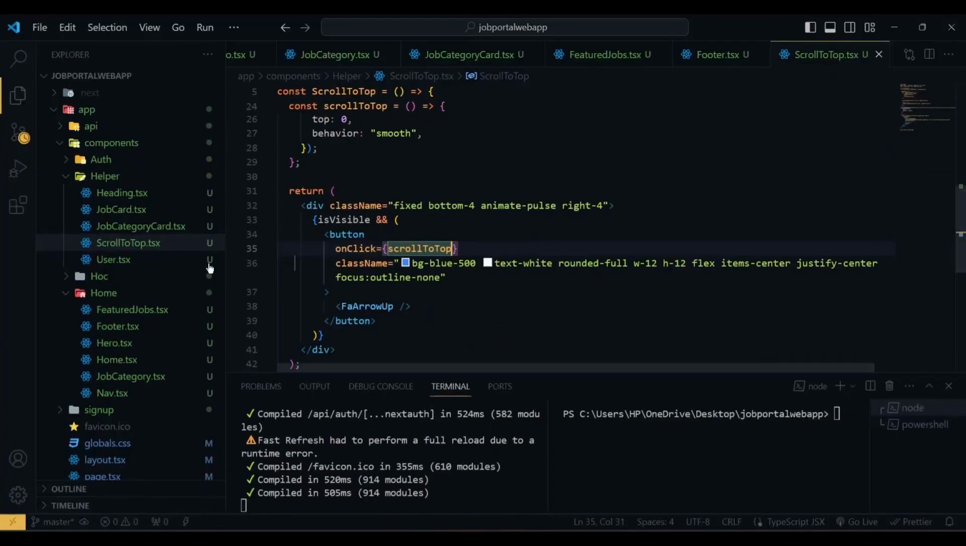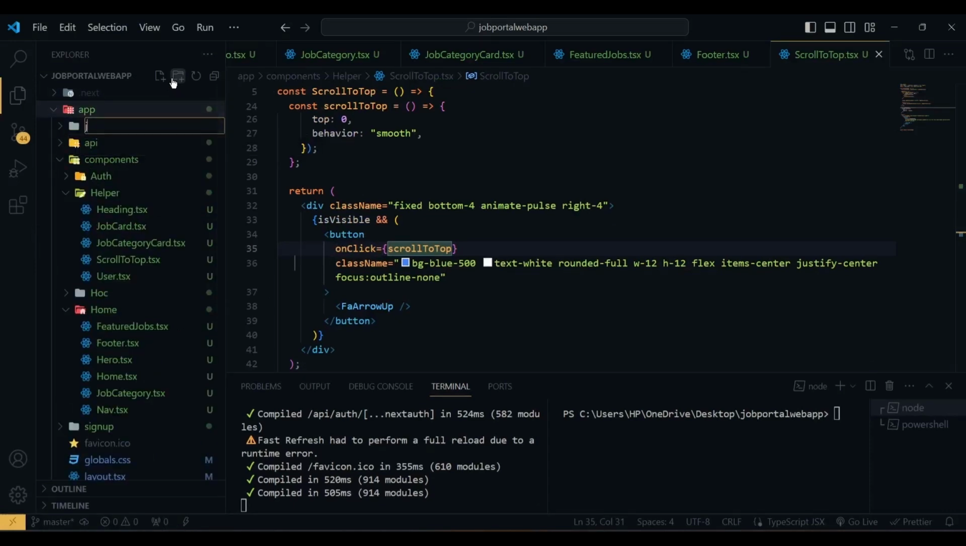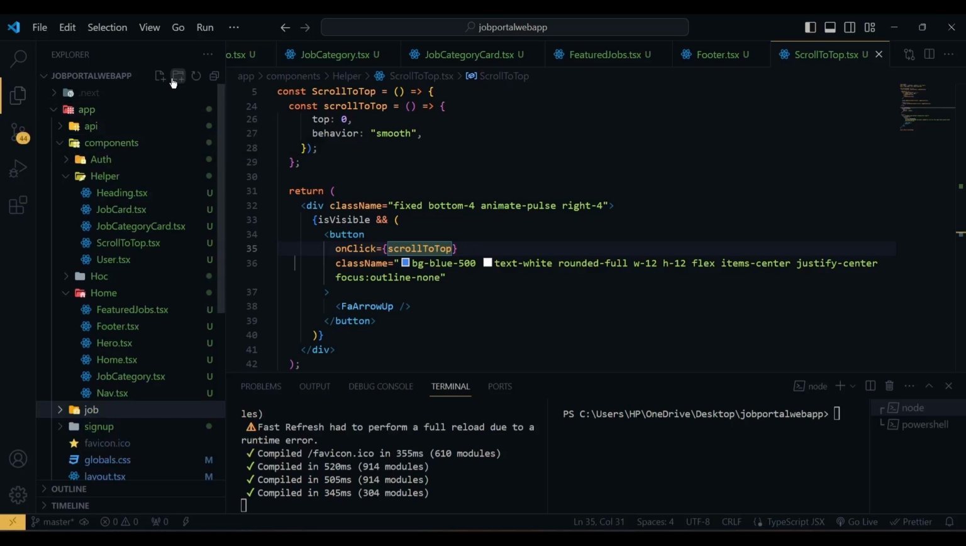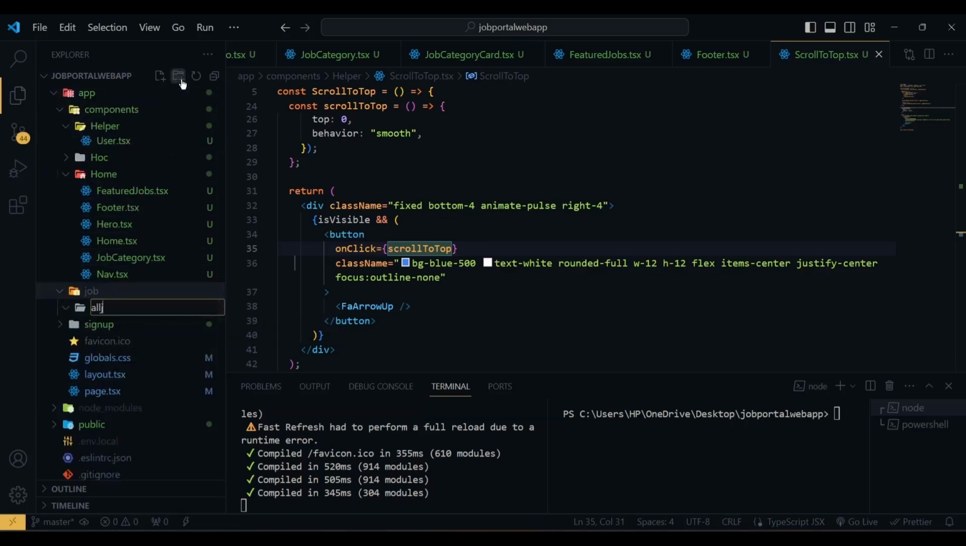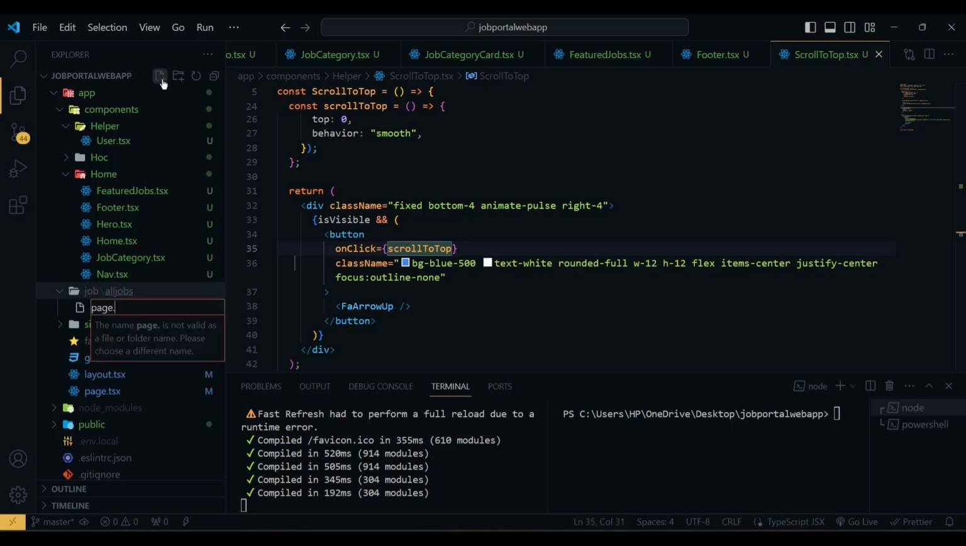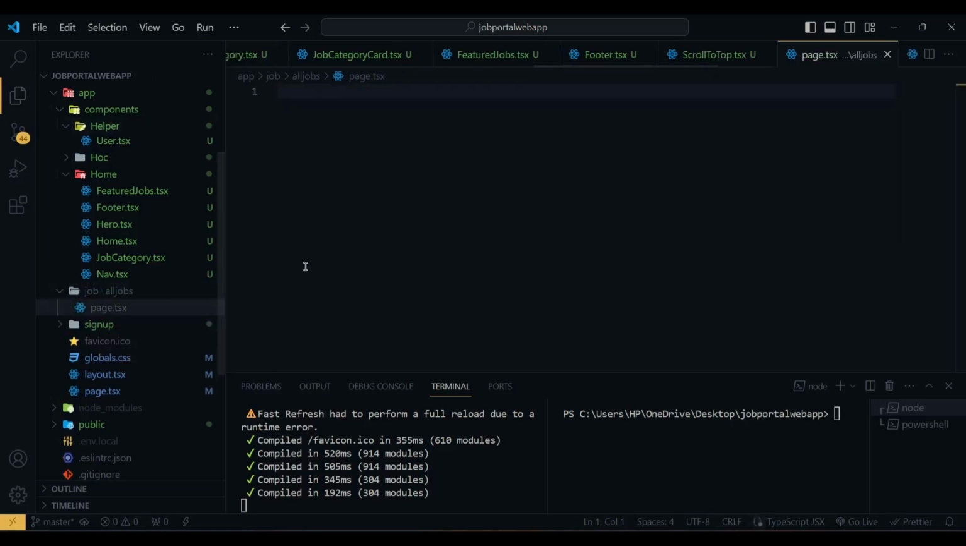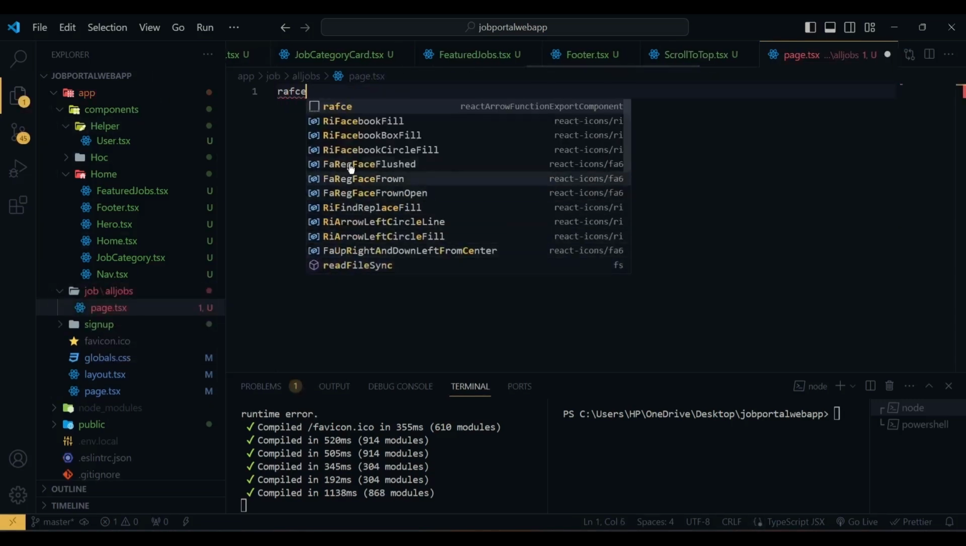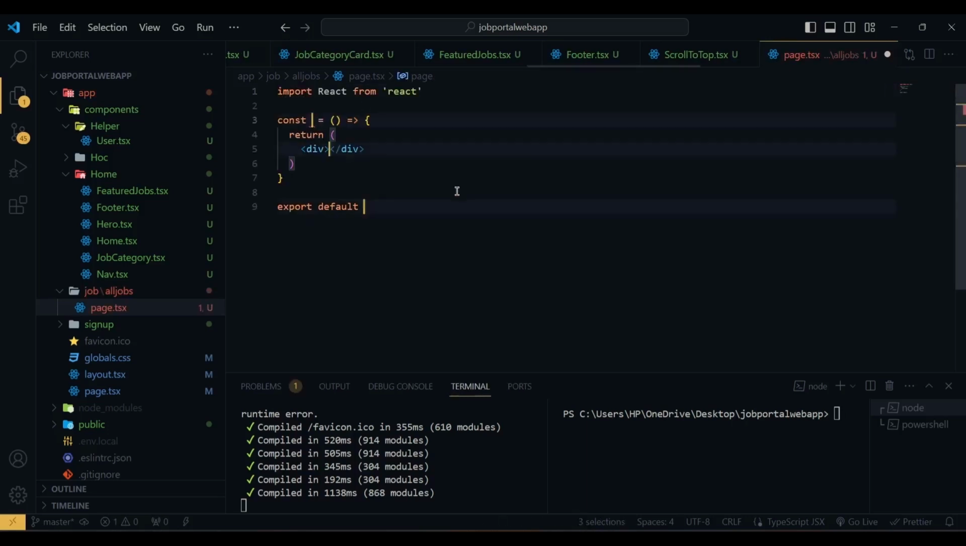For this, in the app folder, first I am going to create a job folder, which will be localhost:3000/job, and inside this job we have another folder which is all-jobs. And then here we are going to create our page.tsx. Now if I create a component here, and it is AllJobs,